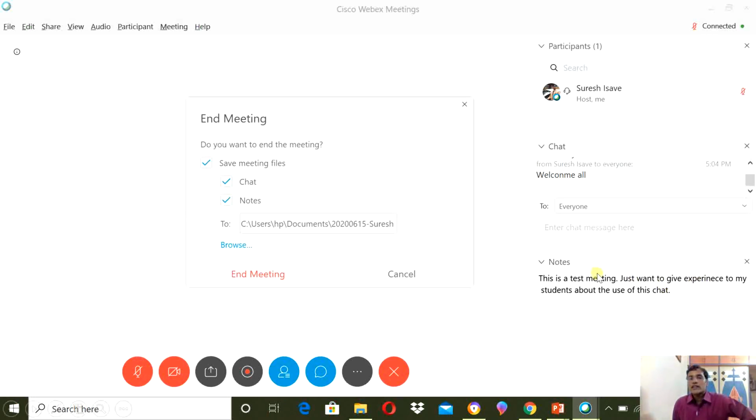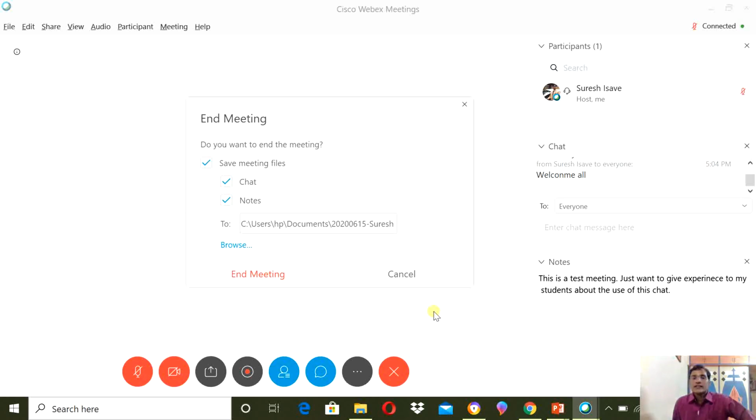See, in the notes option, you can see over here, this is the test meeting, this is the notes. Now this notes can be created by everyone, all can type in this if you allow it. So whenever you click on end meeting, it will ask you, do you want to save the meeting file, chat and notes. So these different files will be shared, and that will be very useful for the meeting.